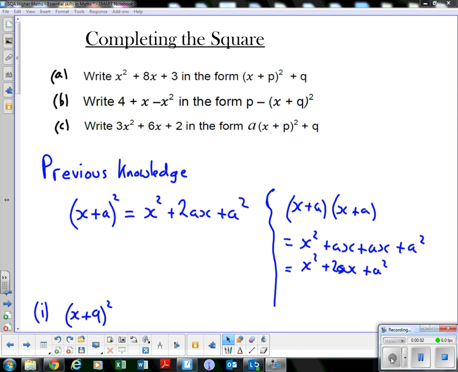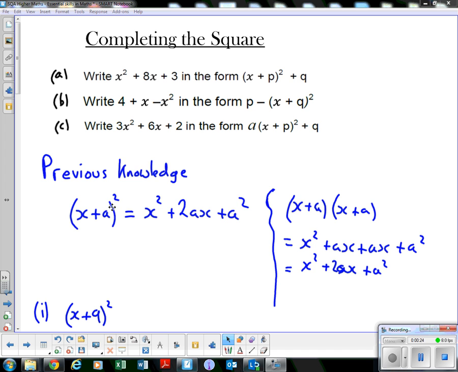We have exercise 5 from the Essential Skills chapter of Heinemann Higher Mathematics. Looking at completing the square, something that comes up in National 5. There are a few different ways of teaching this, so this may not be the way you've been shown before. What I'm going to do is link it back to